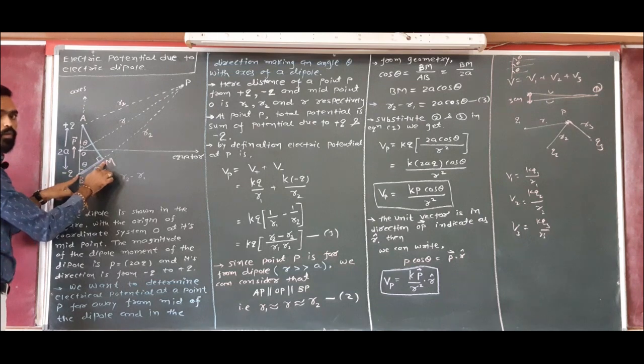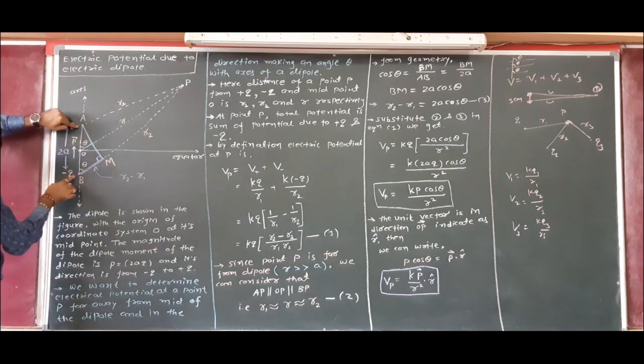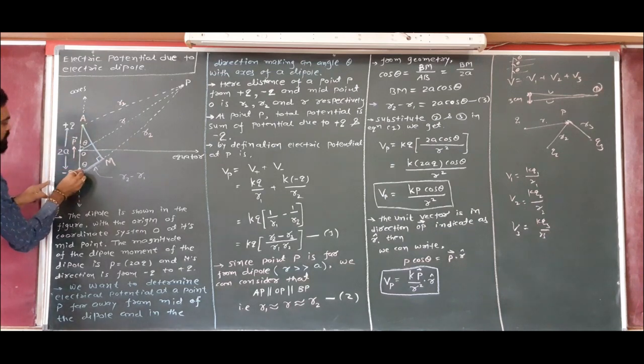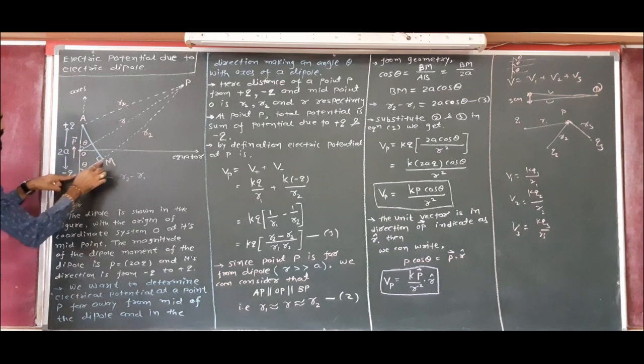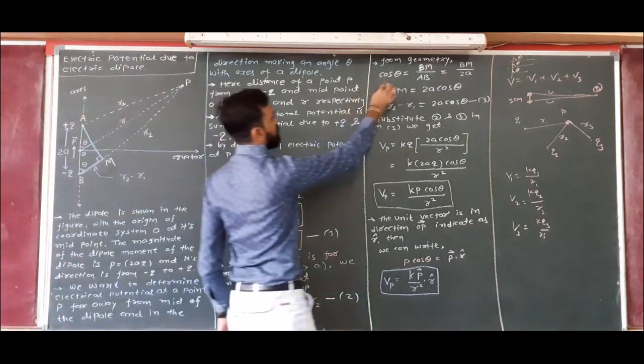Vm upon hypotenuse, which is the entire dipole having length 2a, right? So again cos theta, here is your theta. Cos theta is equal to adjacent Vm upon AB. Got it? See, cos theta is equal to Vm upon AB.